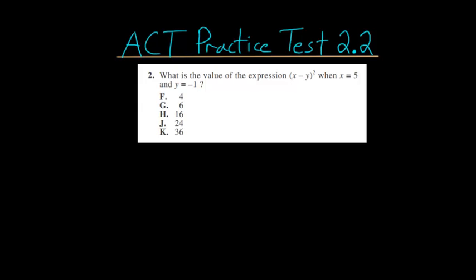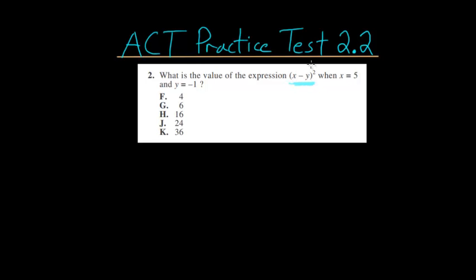For the second problem on this second ACT practice test, what is the value of the expression (x minus y) squared when x is equal to 5 and y is equal to -1? So with this problem, all we have to do is just take our expression here, this quantity x minus y in parentheses, which is squared,